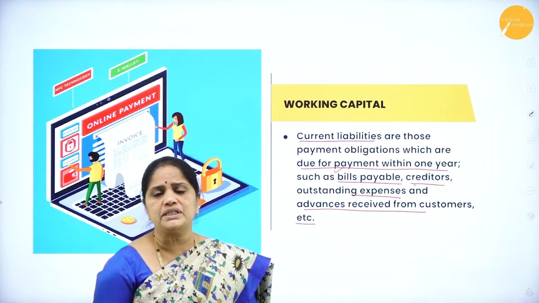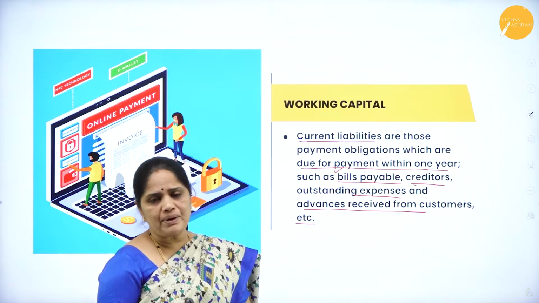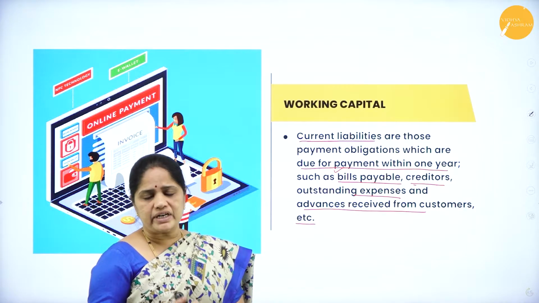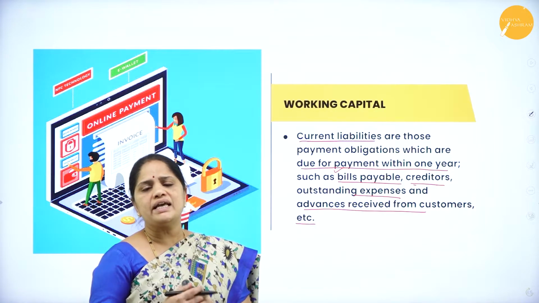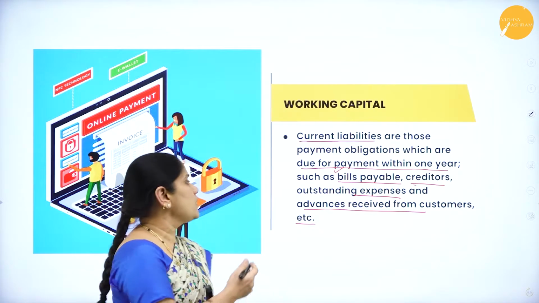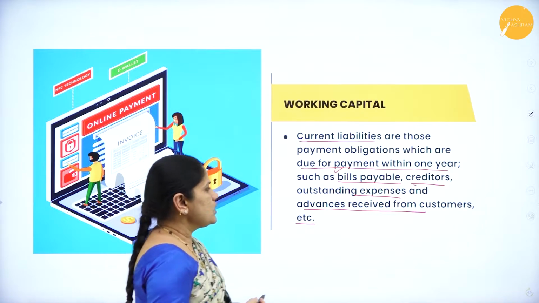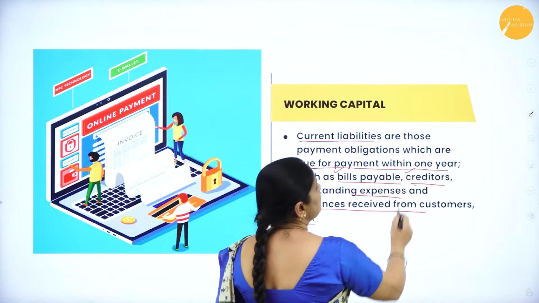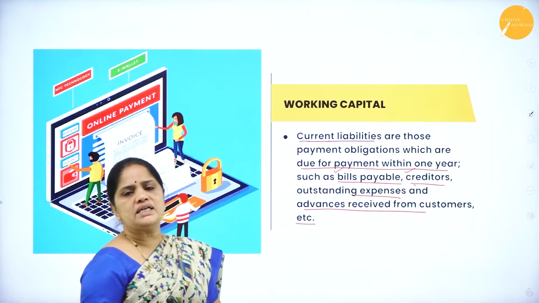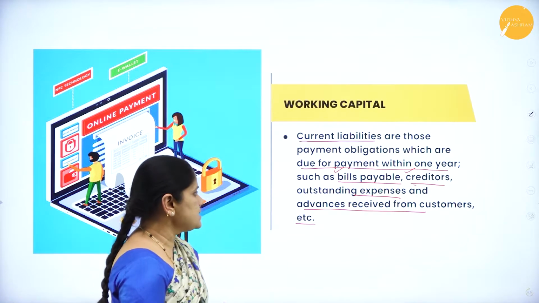So, whenever we purchase goods or raw materials from our suppliers, they become our creditors, and when we take time for repayment, they will draw a bill on us which we call the bills payable. Then the creditors. Other than the suppliers, the organization would have obtained loans from external sources, called the creditors, and also